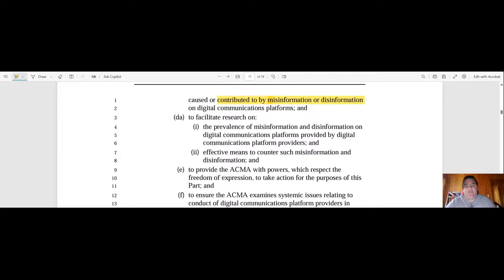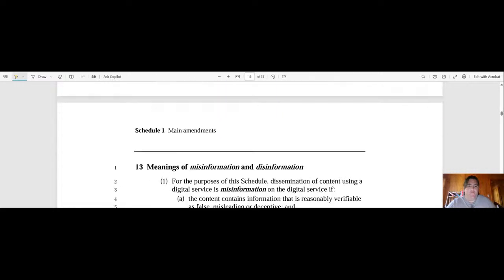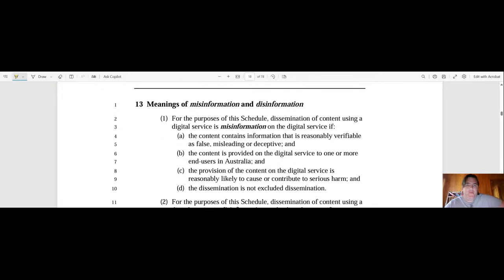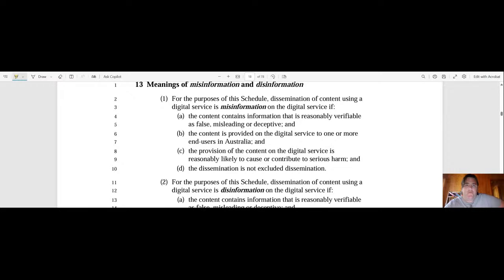It doesn't actually define, and I'm trying to find a definition of, okay, for this purpose, the dissemination of content using a digital service is misinformation on the digital service if the content contains information that is reasonably verifiable as false, misleading, or deceptive. That's A. B, the content is provided on a digital service to one or more end users. C, the provision of the content on the digital service is reasonably likely